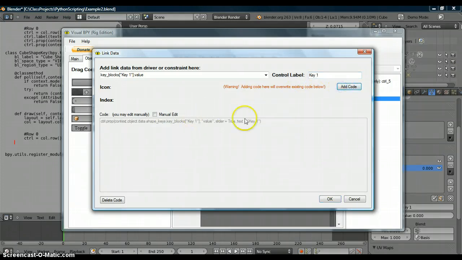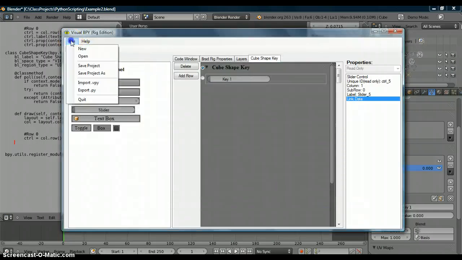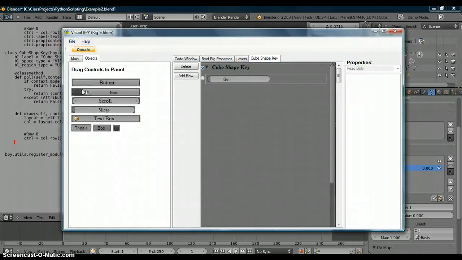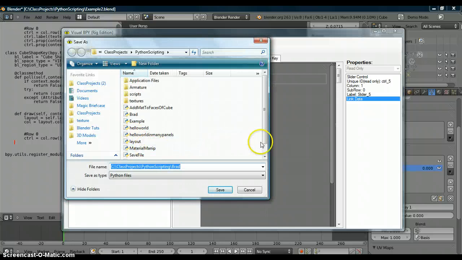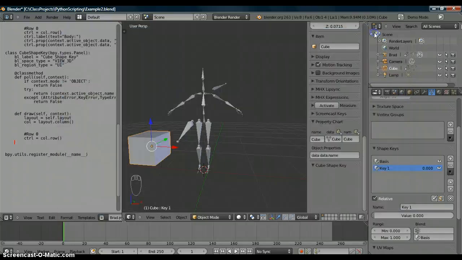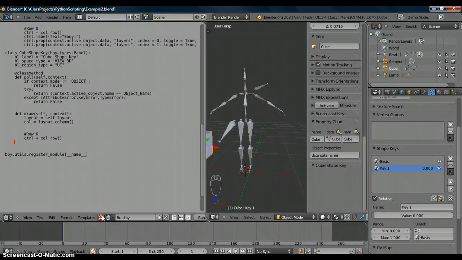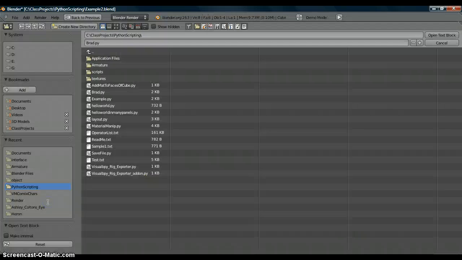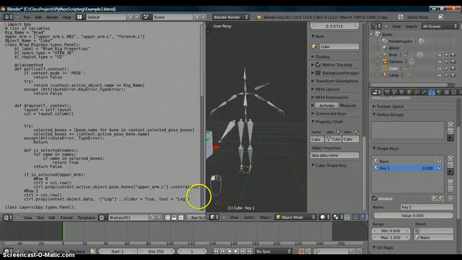Just hit add, say OK, and now we'll export that back out to the same file. Just hit save. It's going to ask to overwrite it, and you say yes, and just make that small again. And now when we go back into Blender, we see this comes up because it says external data is out of sync, and that is because we haven't saved it, or we changed it. So what we want to do is reopen that block and go back up to Brad, double click, and now it is updated. And then run that script, and now